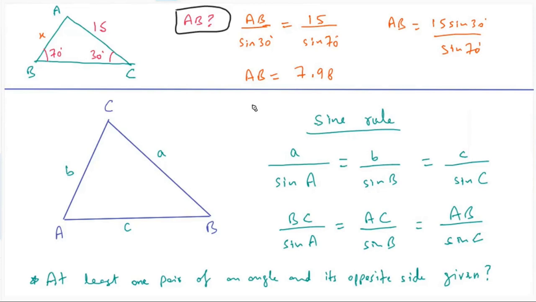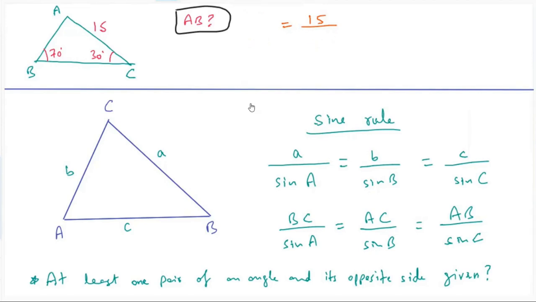Yes, exactly. We found the length of AB, Mahad. So we were figuring out the length of AB, and we have the length of AB now. Okay. What if we had to find, let's say, the length of BC? How do we do that? If we have to figure out the length of BC,